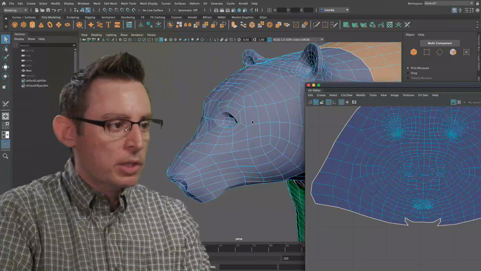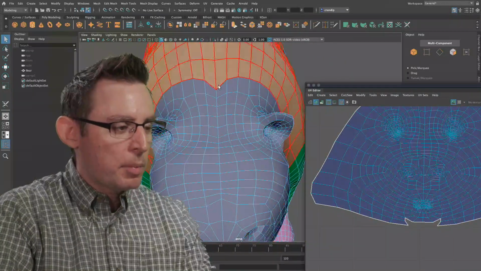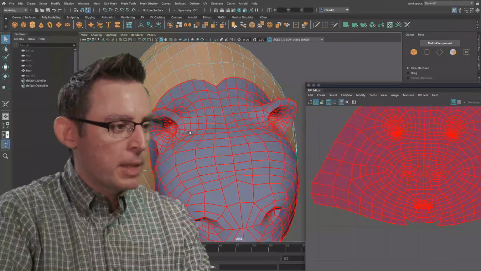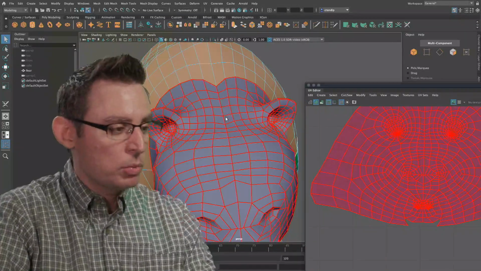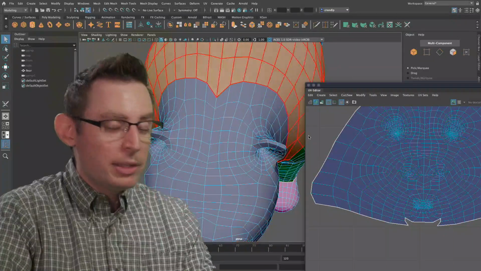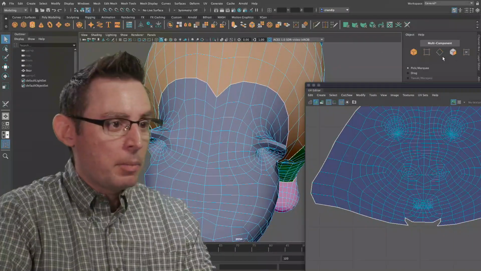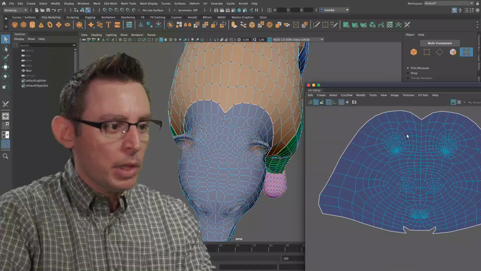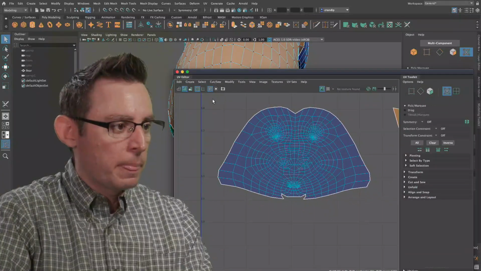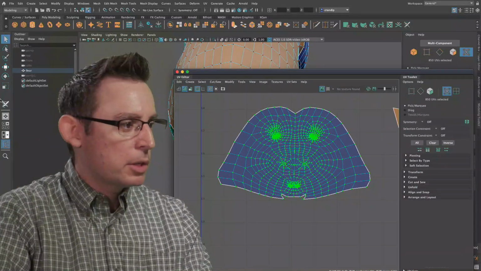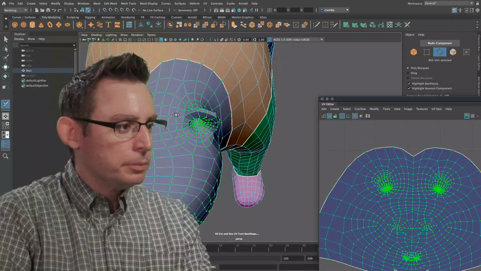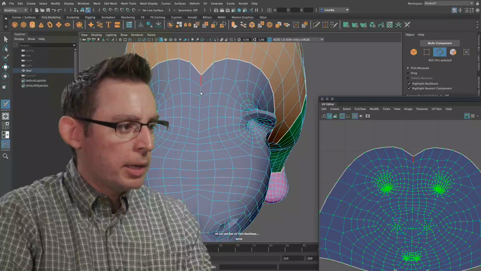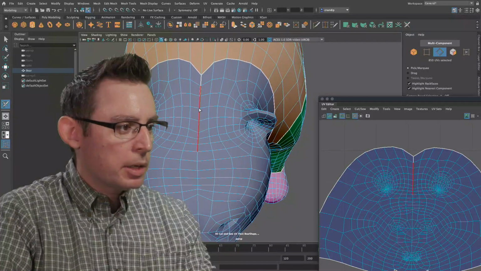Okay, let's fix a couple more things. And I think I'm going to start working with the ears a little bit, because the ears need some attention. They're getting a lot of distortions and warping in that part of the mesh. Let's see if we can minimize that a little bit by beginning to add some additional seams in here. Select the UVs, return to the 3D Cut and Sew tool, and now what I think I'm going to do is that I'm going to add an extra seam that runs kind of right in there.